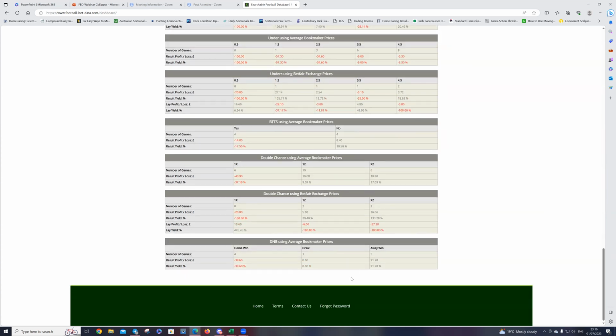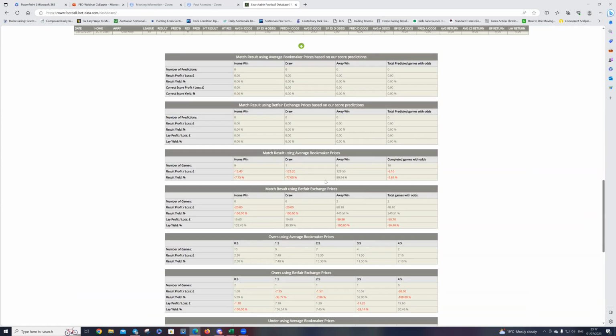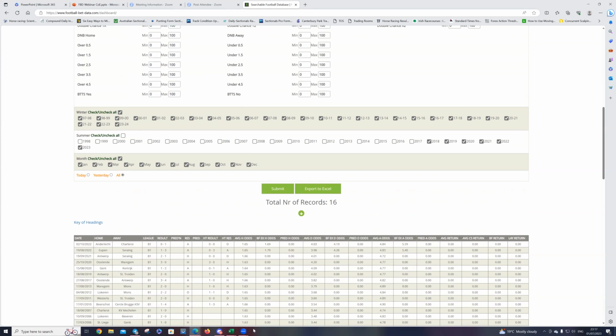And then draw no bet, which is great because I see draw no bet as being the same as the Asian handicap 0 line. So they win, you profit, they draw, it's a push, you get your money back. And here is 9 points, and that's just using bookmakers, not Betfair. Okay, so that's really good, and you could always lay the home as well on the Asian handicap and profit like that. It'll be a similar return. Okay, but that's just using a really simple